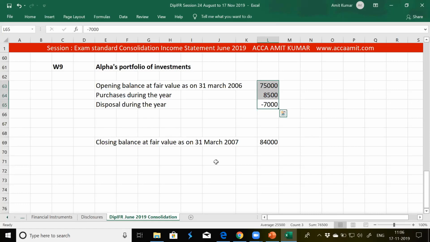So total turns out to be 76,500, but in reality the total is 84,000. What about the difference? On revaluation, 76,500 should have been the total. But on remeasurement, we got to know that it is actually 84,000. So the difference is